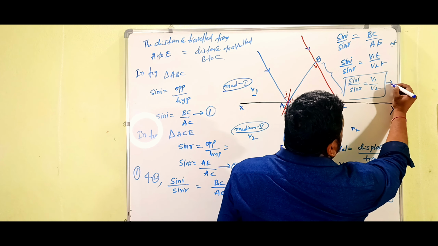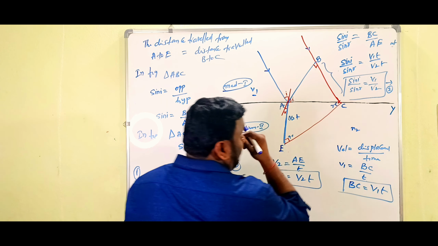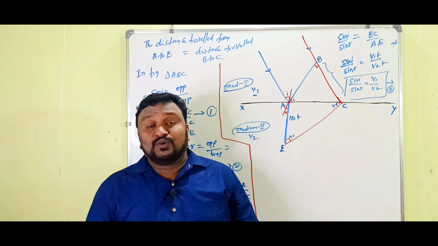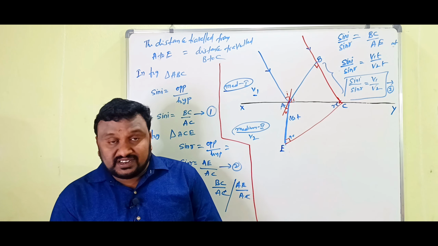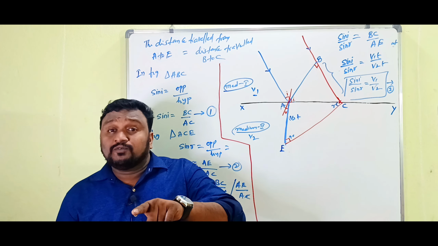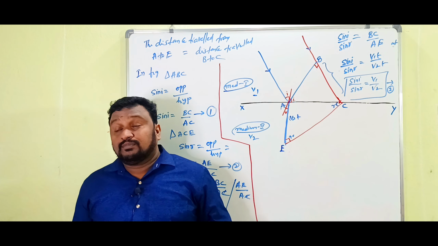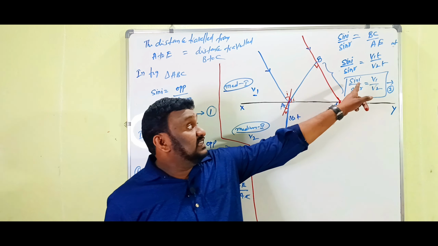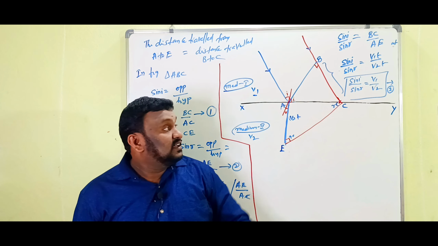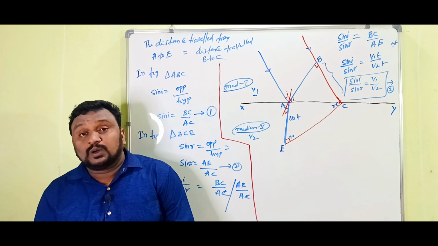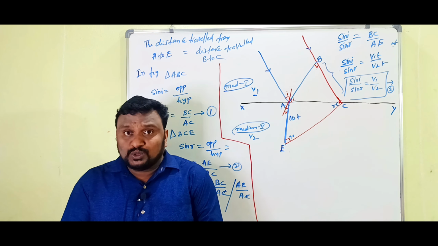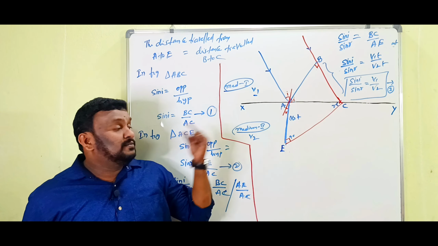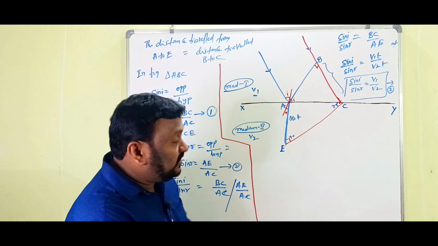3. Now let us see what to do next from this. Children, what we got? Sin i by sin r is equal to v1 by v2. So children, what is v1? Velocity of the light in the first medium, and what is v2? Velocity of light in the second medium. And here what is i? Angle of incidence, and what is r? Angle of refraction. So children, already we know that light is moving through different media, medium 1 and medium 2. So in this case we are going to take